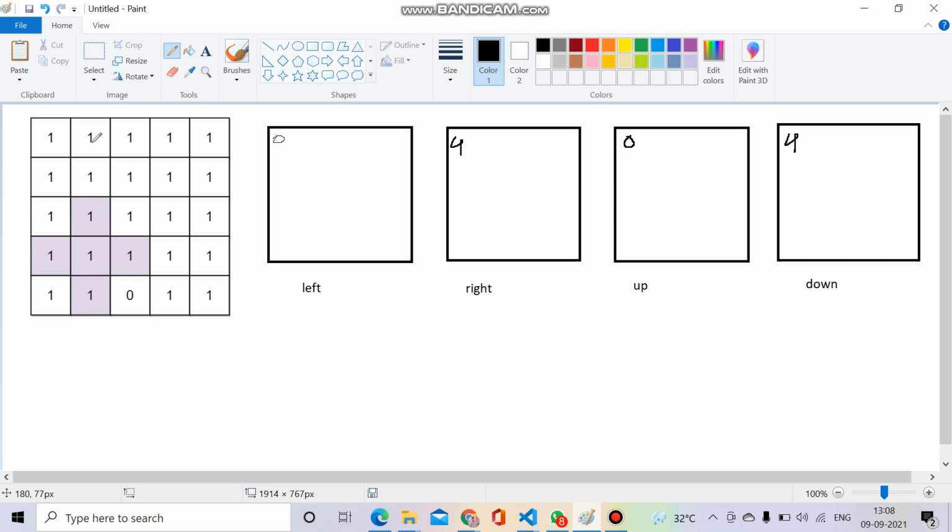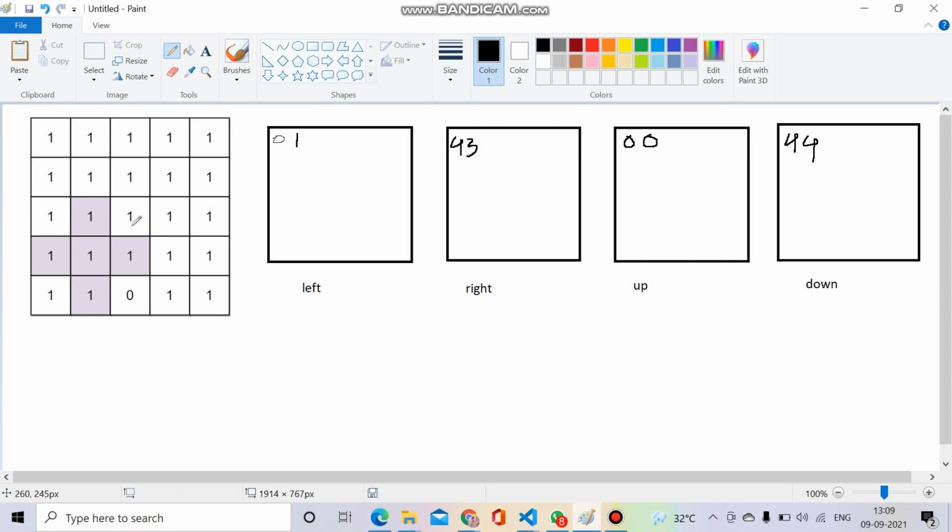Now for this one, the left will be 1, right will be 3, upward will be 0 and downward will be 4. The maximum size will be 1 plus the minimum, which is 0, so the size will be 1. For all of these it will be 1.